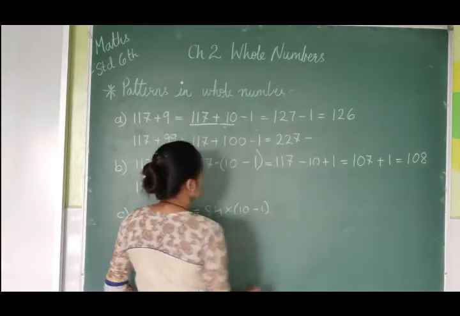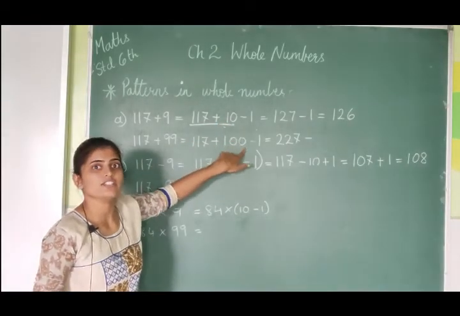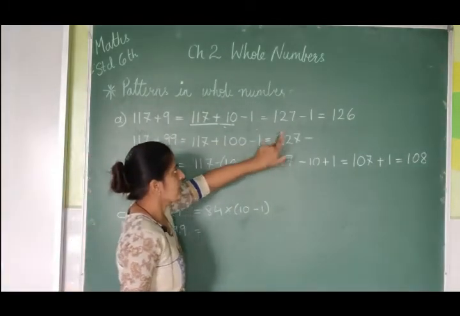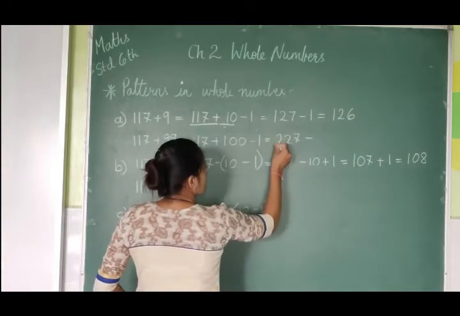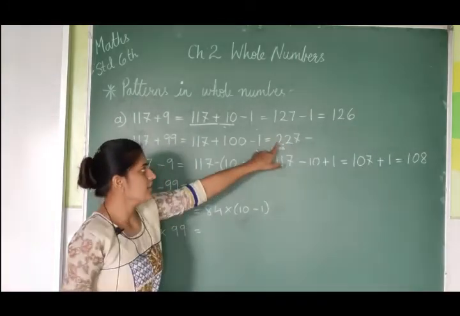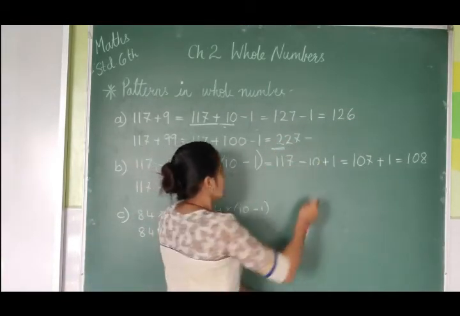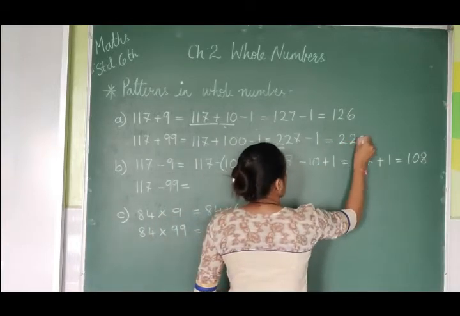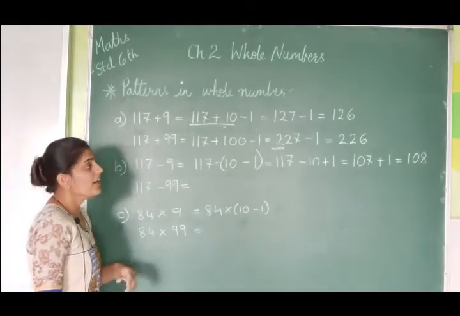207. Here you can observe that here it was 10, then here it is 100, meaning a 0 they have attached with the 10. Now here 117 was there. So here you can see after 1, what is the change? The first digit is changed with the 2. Now minus 1 as it is, it will be equal to 206. So very simply we are getting the answer.